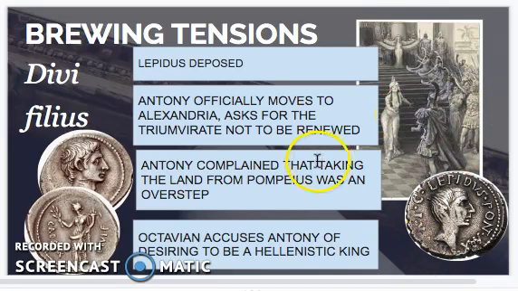So Antony's complaining all the time. He complains that Octavian is taking too much power, that he